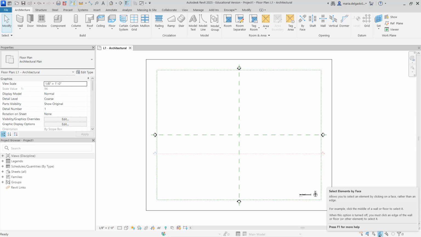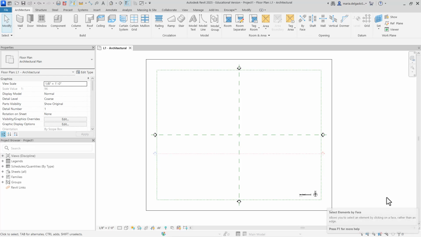And if I wanted to turn it off, I could turn it off. So we'll use that one quite heavily, but there are other ones. Here you can drag elements on selection. So if you toggle this, now we won't be able to drag elements on selection because we turned it off, but you'll want to leave it on. Here we can also select pinned elements. So if we want to unpin anything, we can go ahead and unpin that. And then this allows you to select pinned elements in a view, which can be quite helpful.